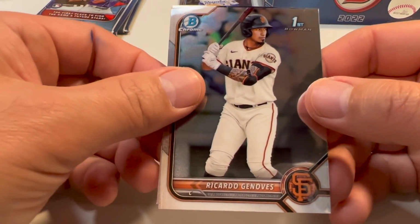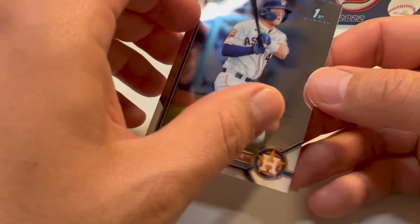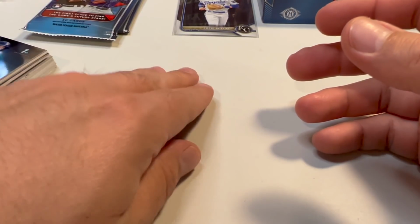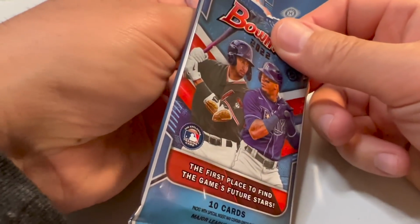So the high level view of this particular 2022 Bowman is that it's got a lot of first Bowman cards in it, which is the main attraction to any Bowman set. And a larger than normal percentage of them are offensive players, position players, and not pitchers. And pitchers are always the dreaded